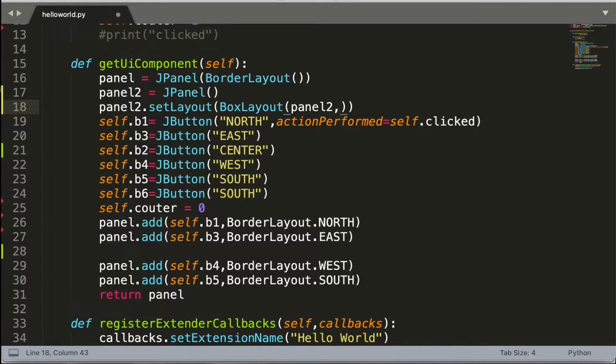So for that we'll be writing BoxLayout dot, and obviously the axis, Y_AXIS.